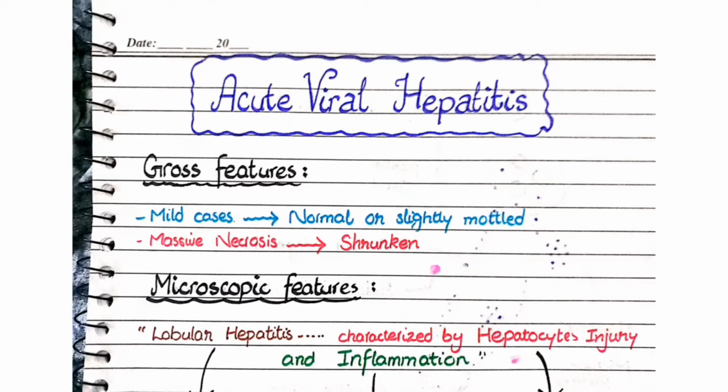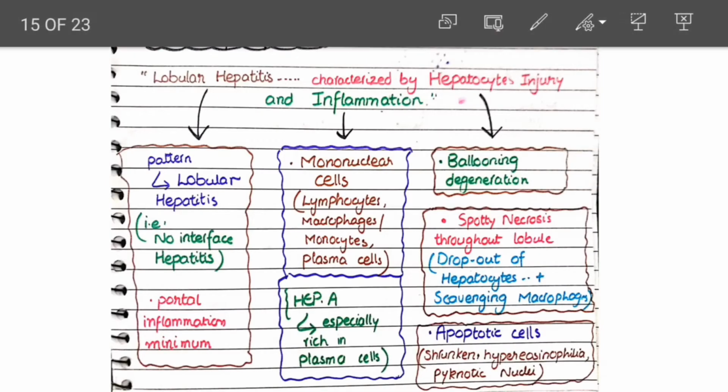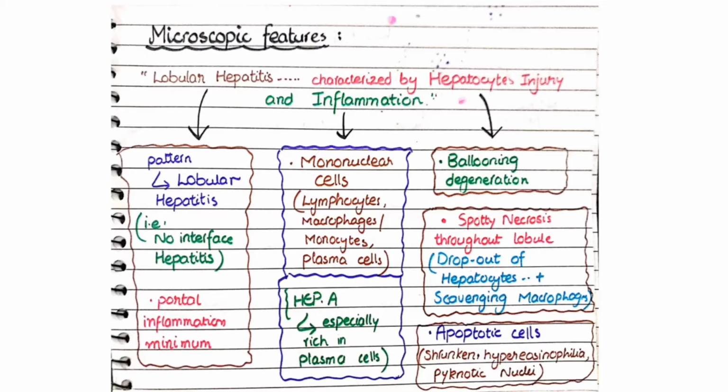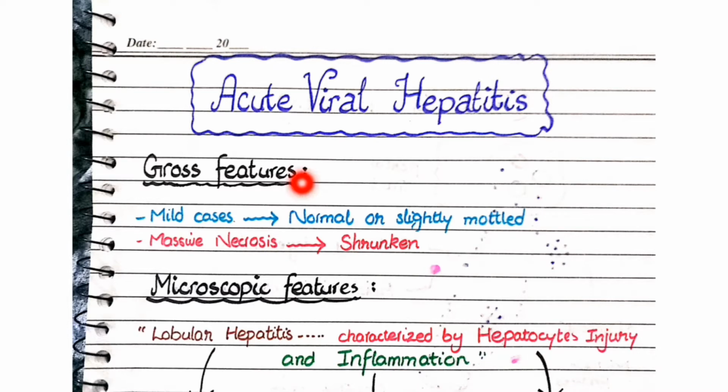In this video, we will discuss the pathological features in acute viral hepatitis and chronic viral hepatitis. So let's start with acute viral hepatitis. On gross specimen of a liver affected by acute viral hepatitis, in mild cases, you see the liver appears normal